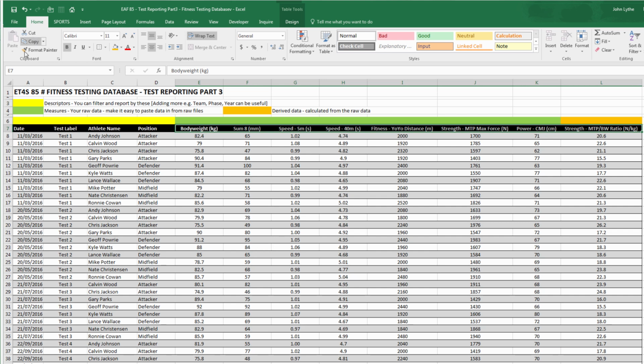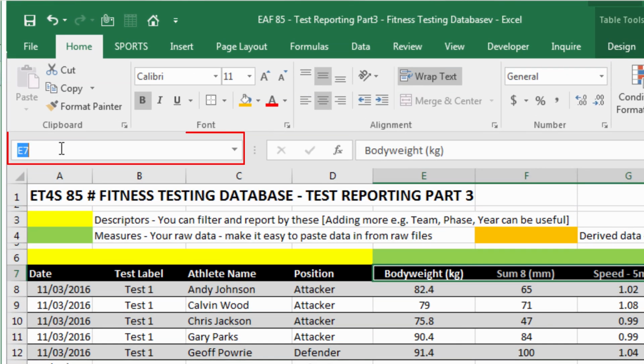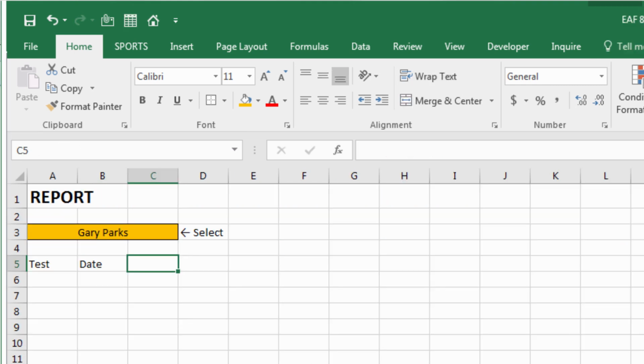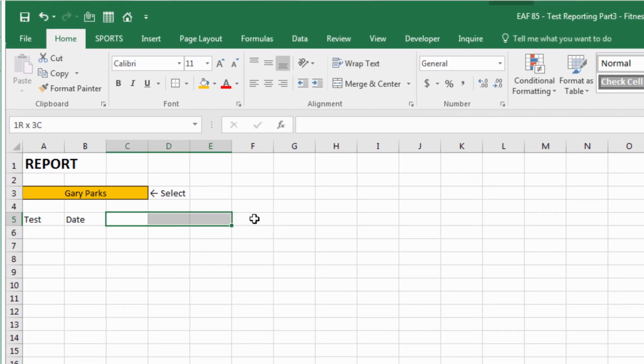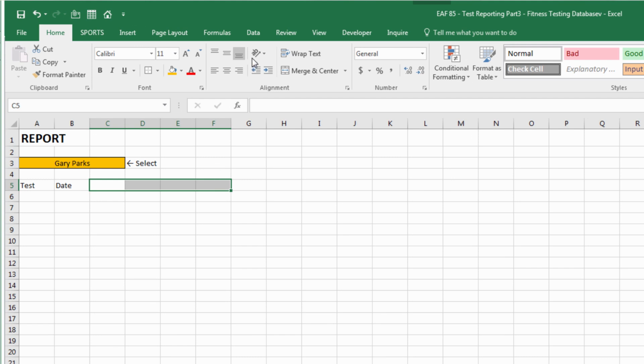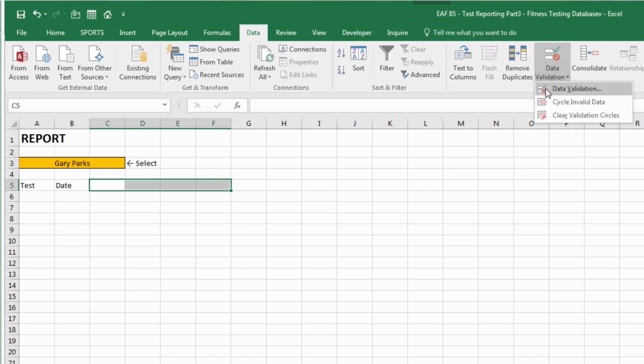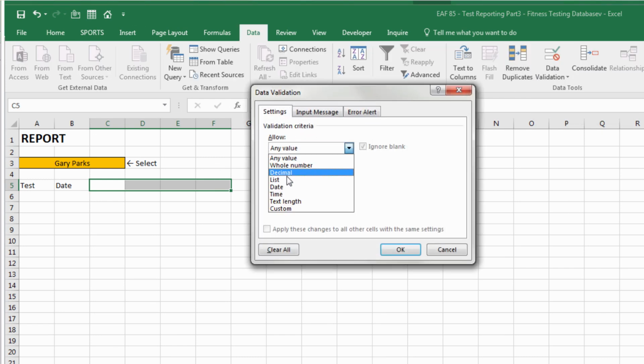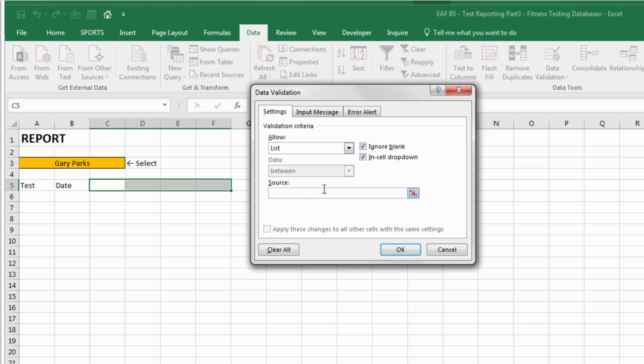And with those cells selected, I'm going to create a name called list measures. Back in our report, let's choose 4 columns,